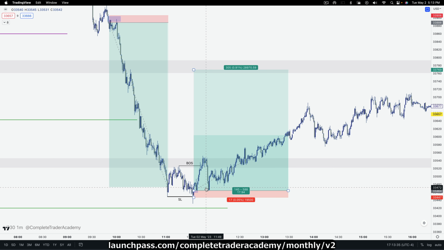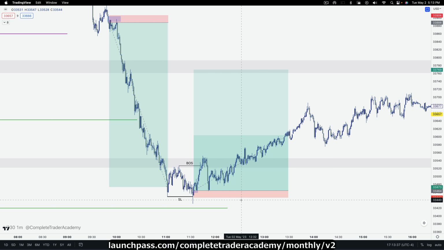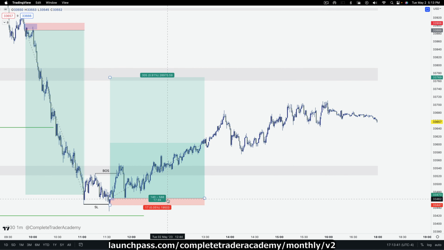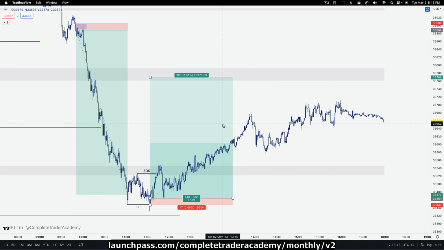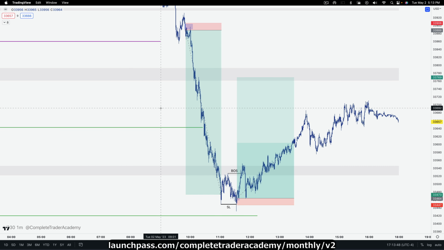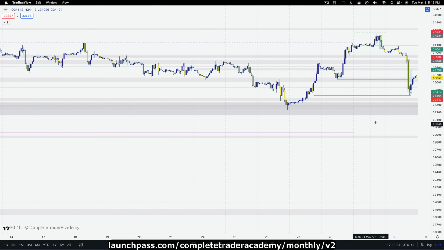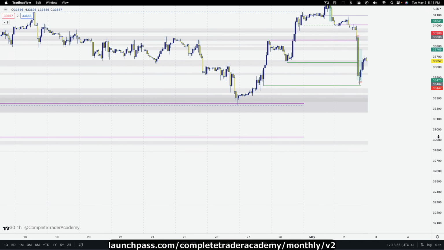The delivery here was a little bit ugly, and it took a long time, but it still panned out. And we had the intention of taking it up to here, which is a previous week open. And I need to go to a bigger time frame to show you this. Let's go to a 1 hour back. But you'll see here the intention of taking the buy there,